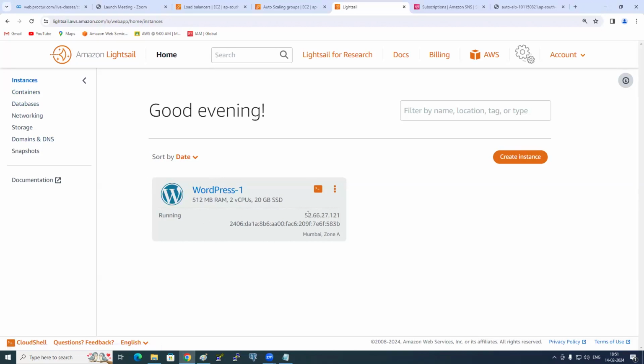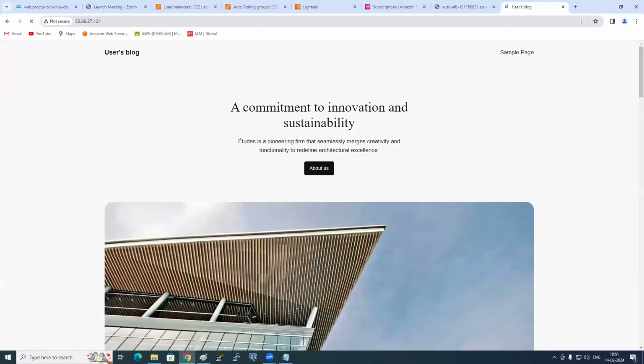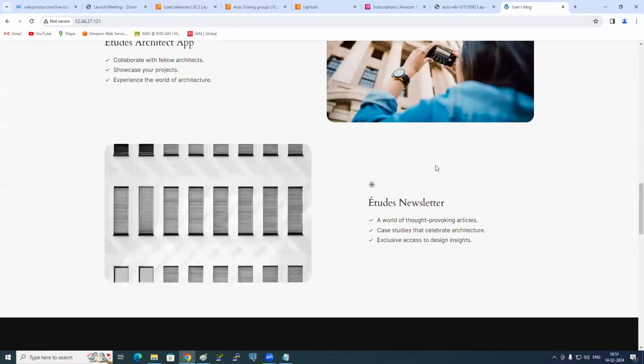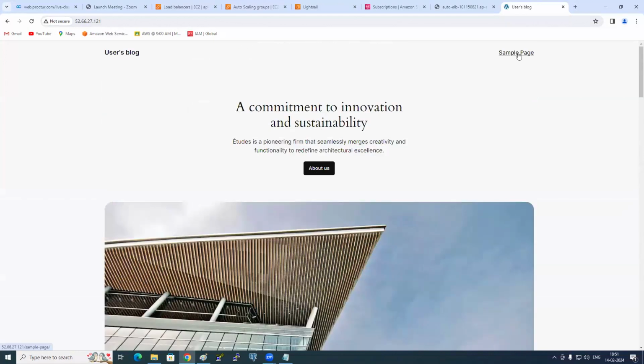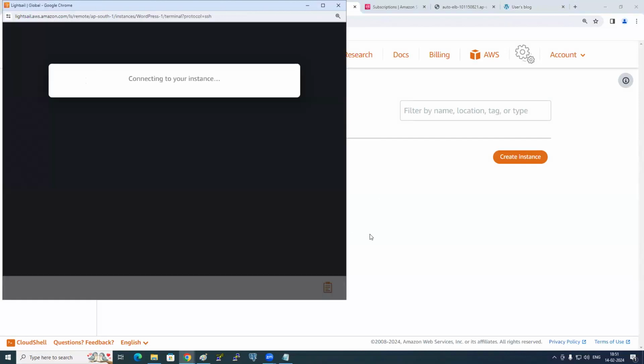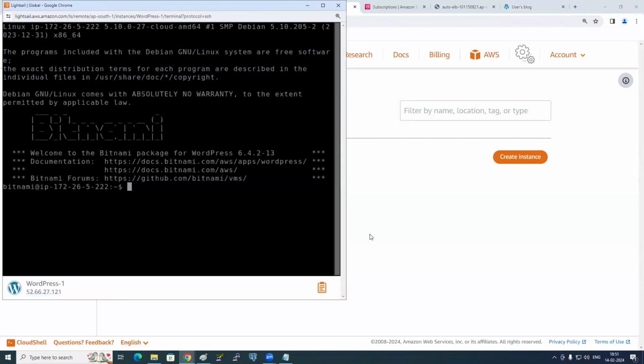Nana, do you see this here? This is IP address. I have done nothing. See here. Boom. My WordPress is ready. See? My WordPress is ready. So I can just go ahead and create a sample page if required. And I'll show you one more thing. Boom. I connect it to the machine. Very simple, right? So if at all you want to do all these things, you can do it.